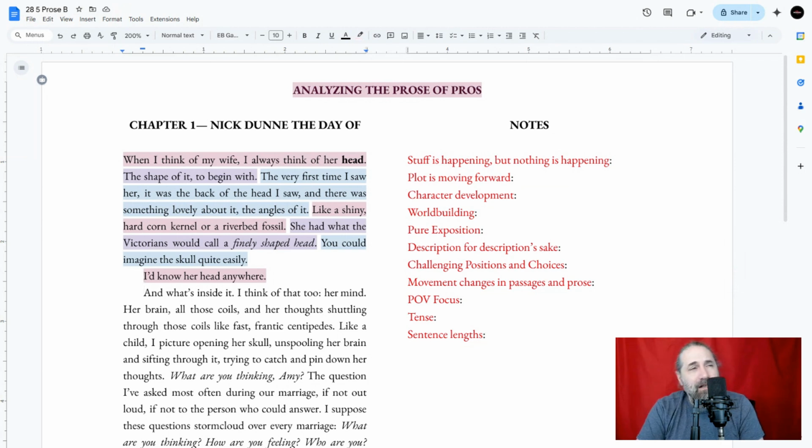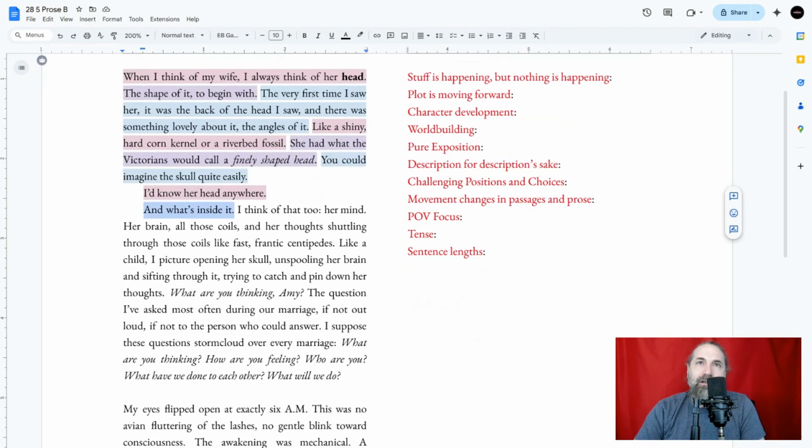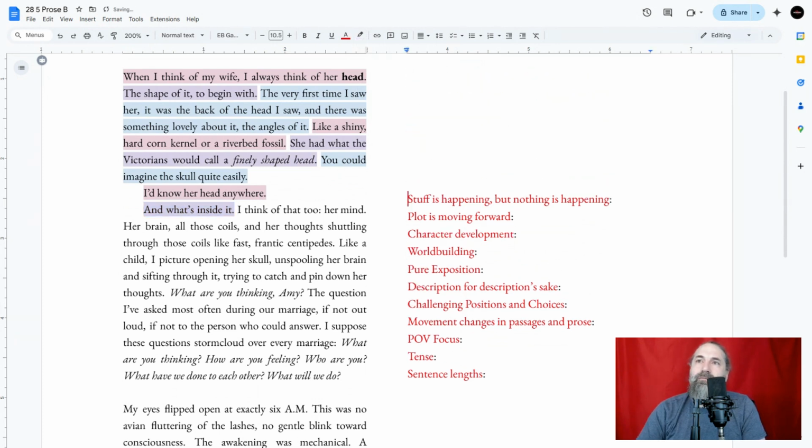Now, after he makes a claim, now he's going back to the brain and he's thinking the movement takes us inside the brain. And what's inside it? Oh, I don't know. Juju beans, whatever they call them. Okay. So, and what's inside it? This is still character, by the way. This isn't really plot or world building, but that's okay. Also, we are through the emotional experience. This character's choosing to think about literally the head.